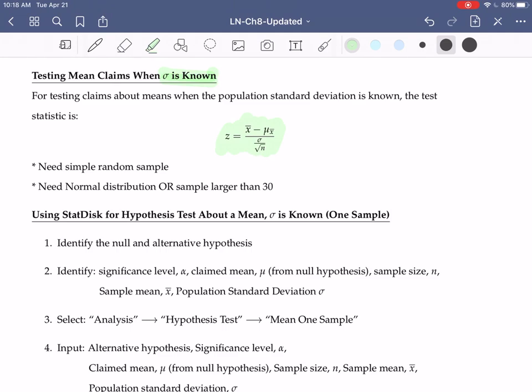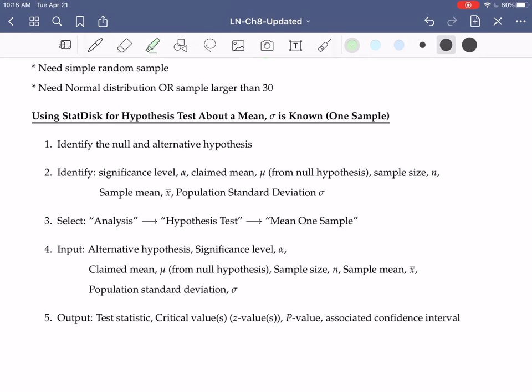You should still look to see if you have a normal distribution or a sample larger than 30. That sample larger than 30 is a loose restriction, in the same way it was in the previous ones. For StatDisk, we do more or less the same thing that we did in the previous. The only difference is we have